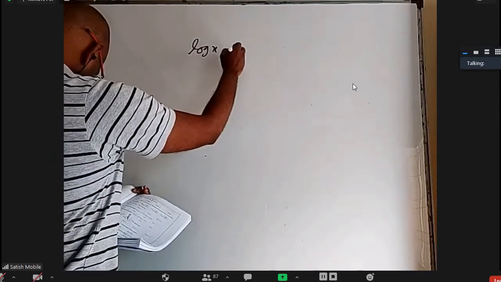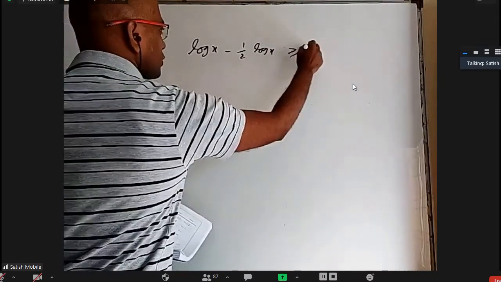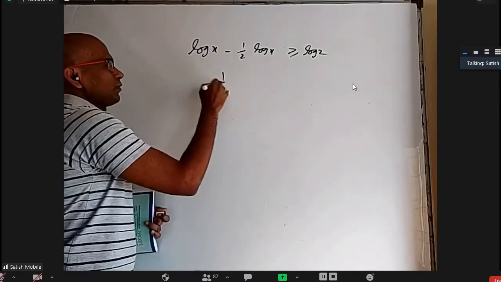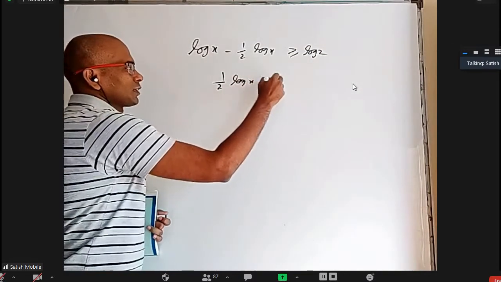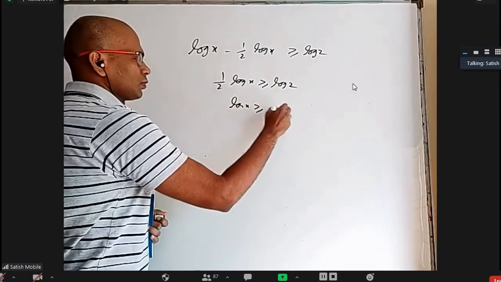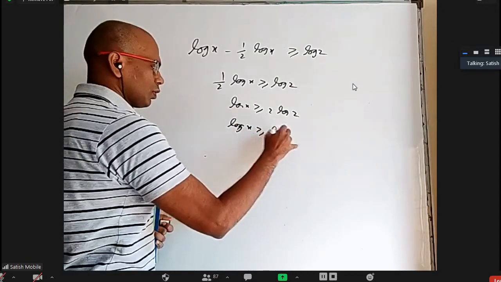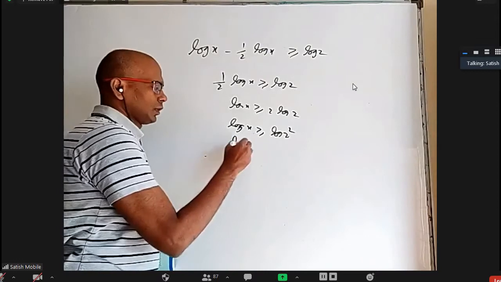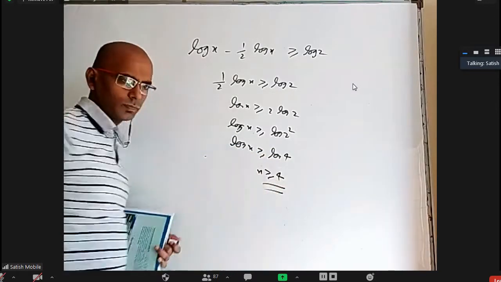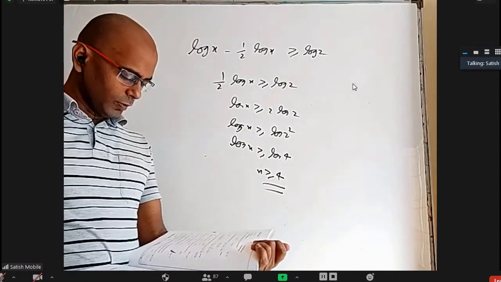Okay. Log x minus log x greater than or equal to log 2. When you simplify, it is log x is greater than or equal to log 2, and log x is greater than or equal to 2 log 2, and log x is greater than or equal to log 2 square, which is 4. So log x is greater than or equal to log 4 means x is greater than or equal to 4. Okay, this is a complete solution. That closed interval 4 to infinity. Then the minimum value of x will be 4.